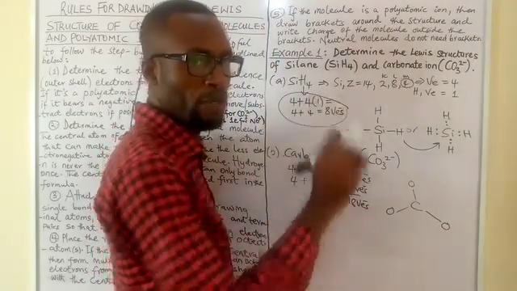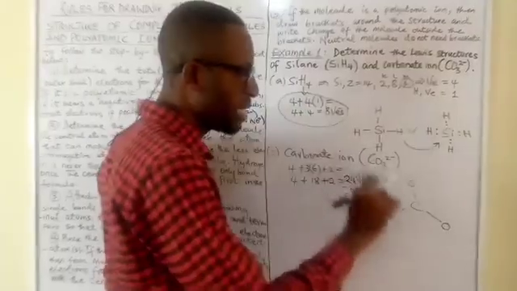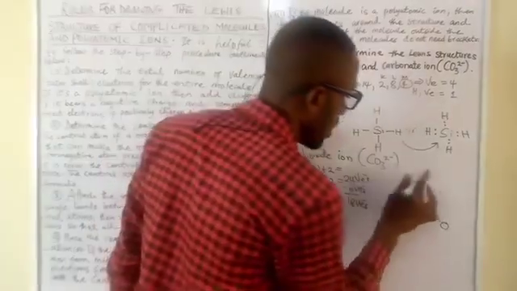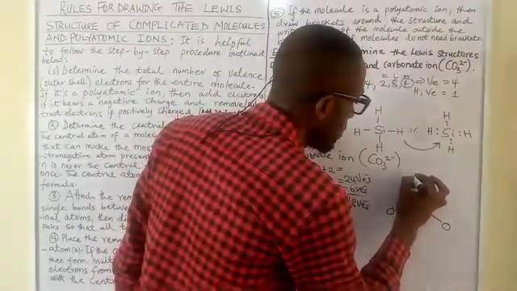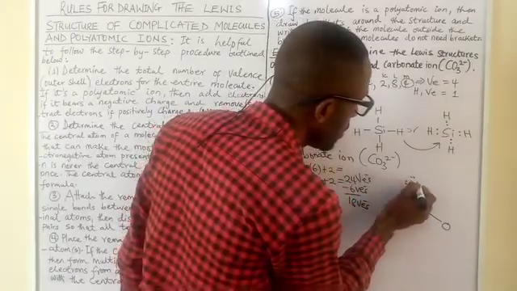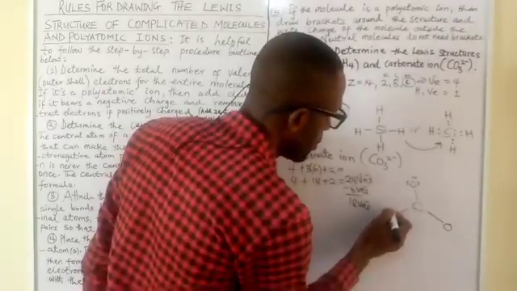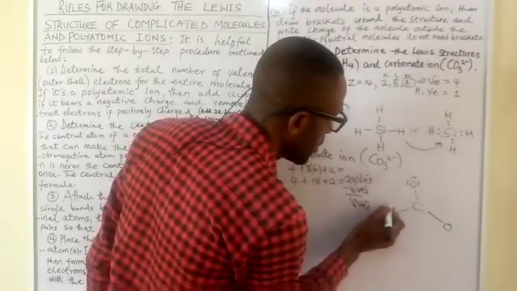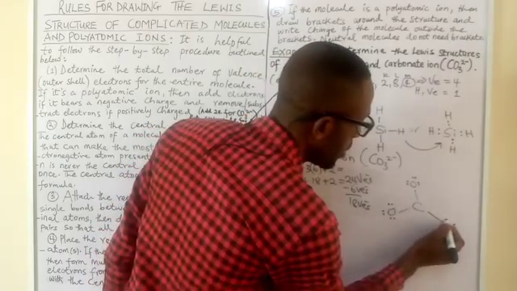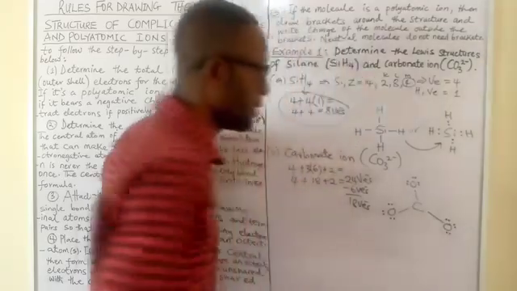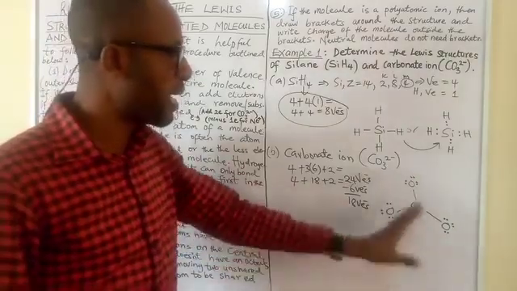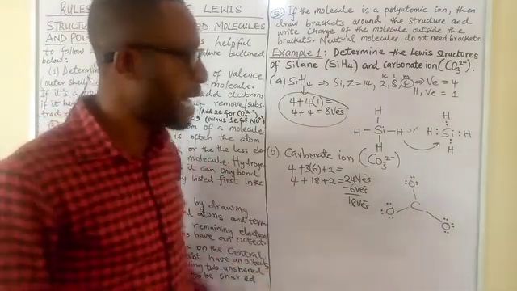So those lone pairs of electrons will be shown now, trying to satisfy the octets of all the 3 terminal oxygen atoms. All right, so we are going to place 1 lone pair here. We are using up 18. So 2, 4, 6. Okay, that guy is good. 2, 4, 6, 8, 10, 12, 14, 16, and 18. Okay? When you do that, you discover that you've been able to satisfy the octets of all the 3 oxygen atoms.